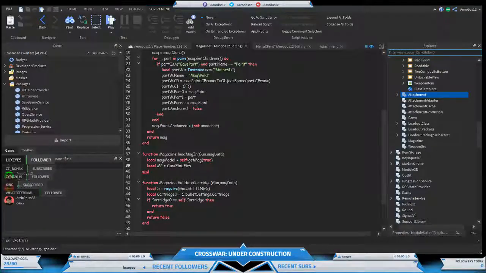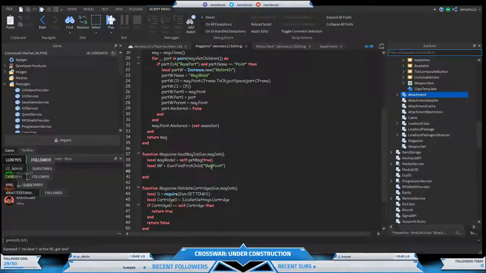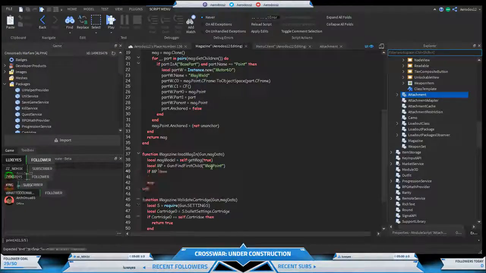So we're going to do find first child, and then we'll do something like mag point. It's good to use find first child for this because if you tried to do this with brackets, it wouldn't really work. It would get an error if you did that. But it's good to use brackets for properties now. That's very useful. Anyways, if there is a mag part or mag point, then here's what we do next. Local, let's just say mag